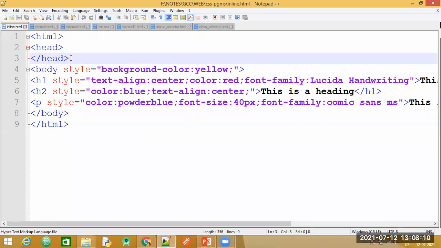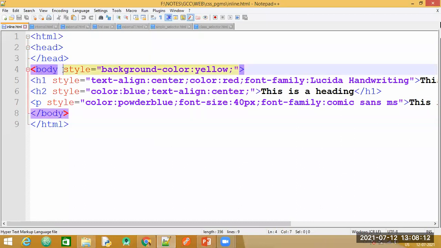Within this, after the head section, inside the body section, I have three different tags or elements: H1, H2, and P, that is a paragraph tag.